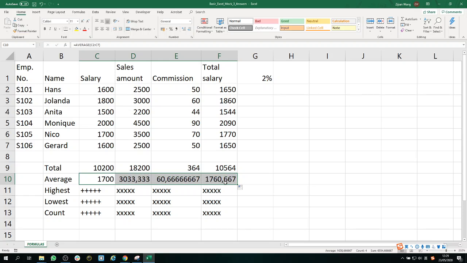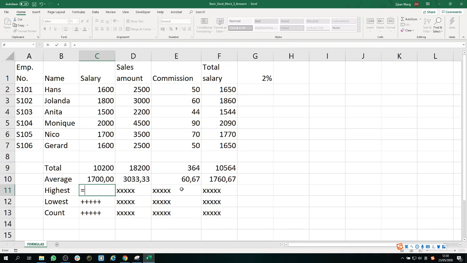Oh, we have more decimals than we needed. Let's see what's illustrated on the screenshot of the syllabus. We only leave 2 decimals, so let's fix that. Okay, 2 decimals. Perfect. Highest, that means the largest number, and when you talk about largest, it should be max